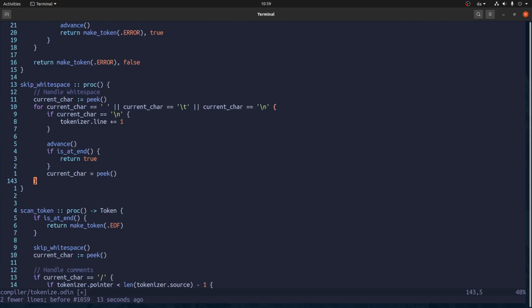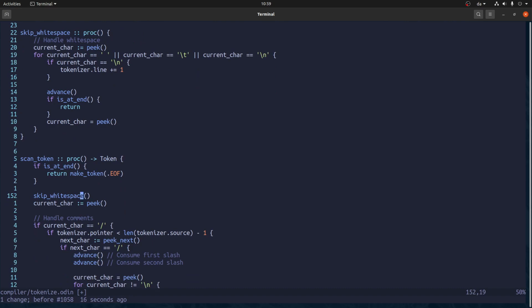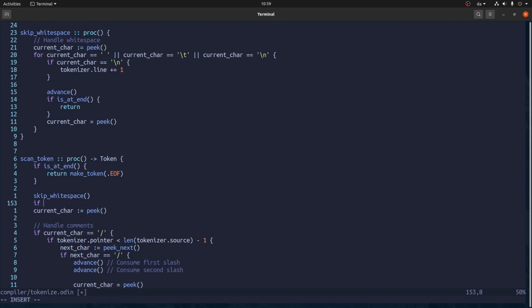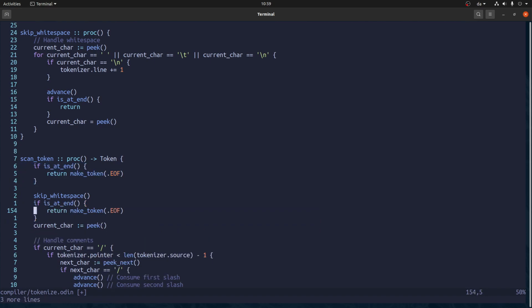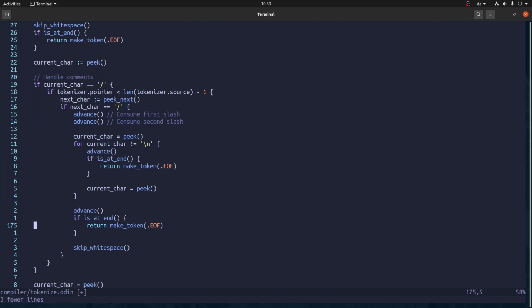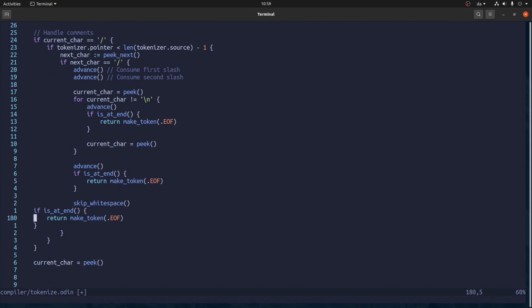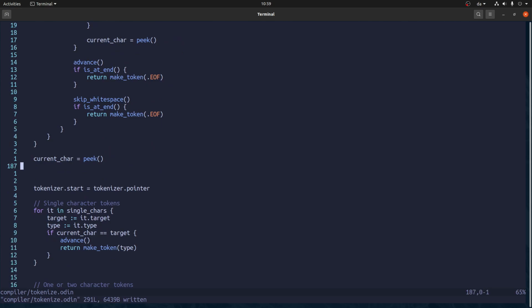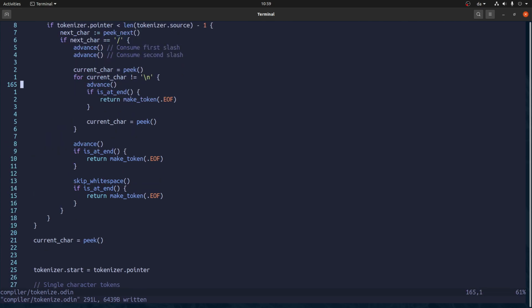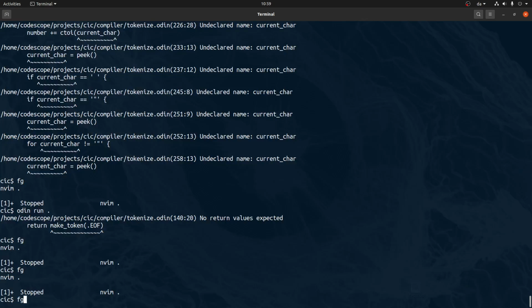Now I think it's gonna confuse matters even more. So this will just skip all the white space. Now, then we have to check again. So I really want to put that here. But then when we skip, we have to remember to, every time we skip white space, have to do something like that.